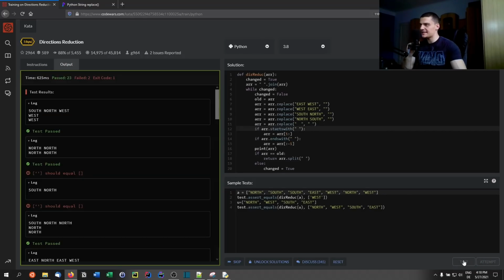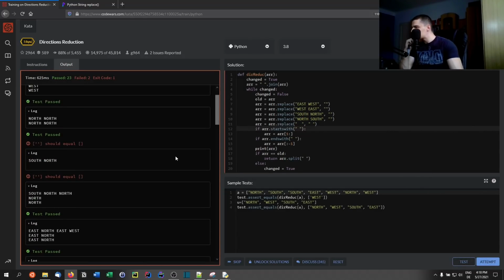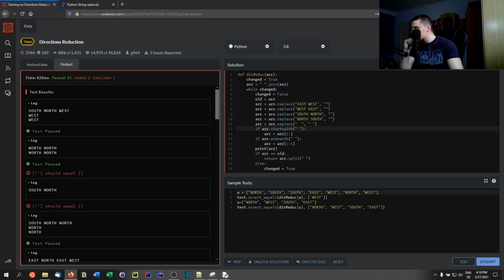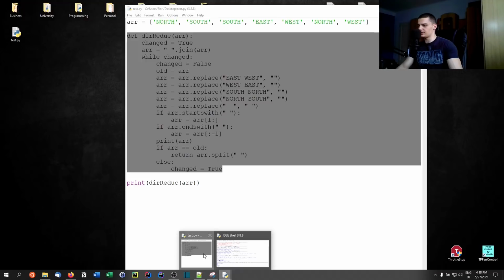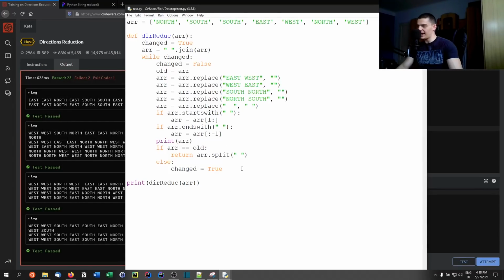I'm going to submit, and then we're going, oh, wow, we have a problem. That should equal, okay. Okay, the problem is just with empty lists. That's not too hard to fix. If we have nothing in the end, we should actually have an empty list. So we should have array split dot replace, or actually dot